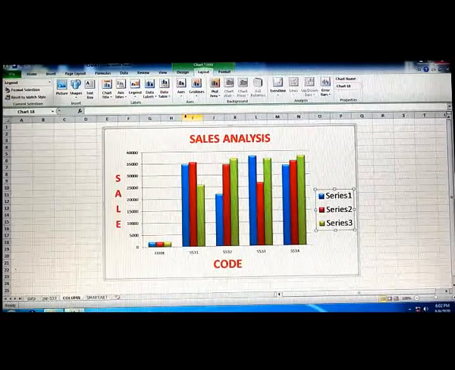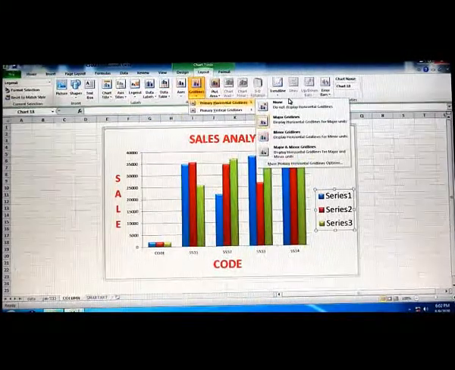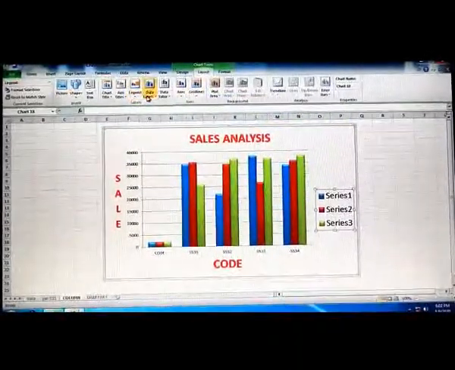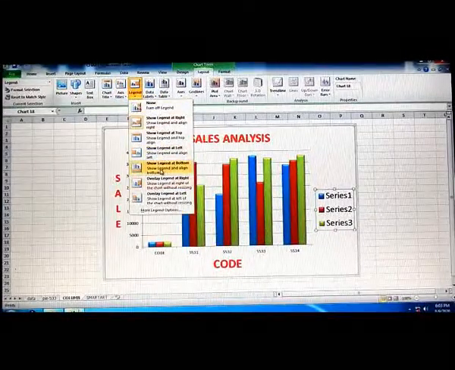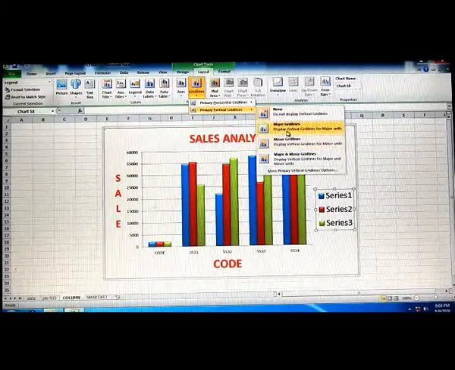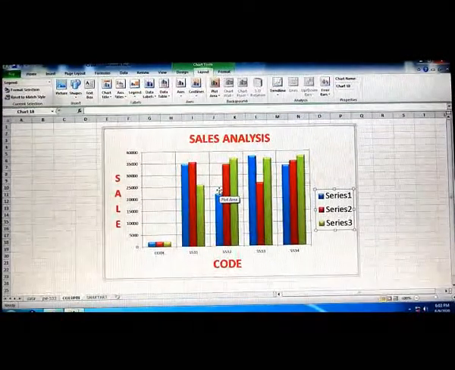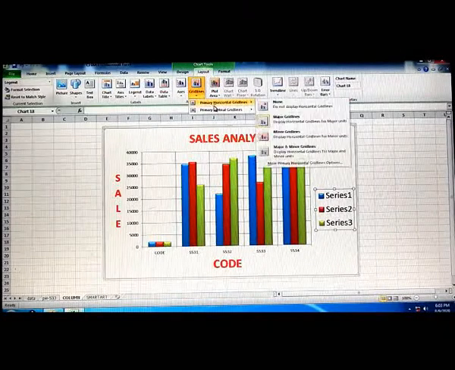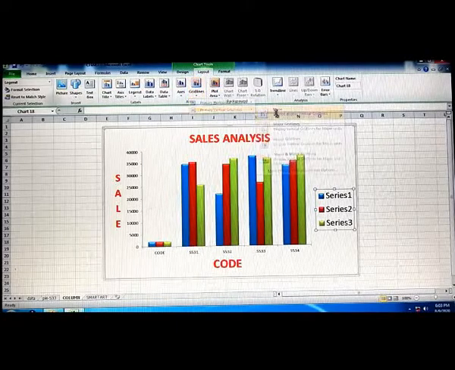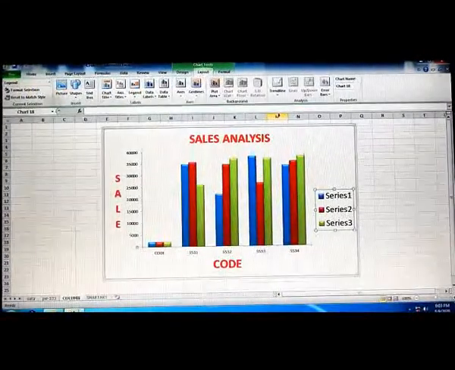So these are all the other components, and one more component is grid lines. Grid lines are these lines, if you want them to appear. Now major grid lines, again I am showing you grid lines, then vertical grid lines, major grid lines. Now you can see the horizontal lines and these vertical lines will appear. If you don't want to show the grid lines, then you can remove them, none. Grid lines, vertical grid lines, none. So grid lines are these horizontal lines if we want to draw them, and if we don't want to draw, we remove them.